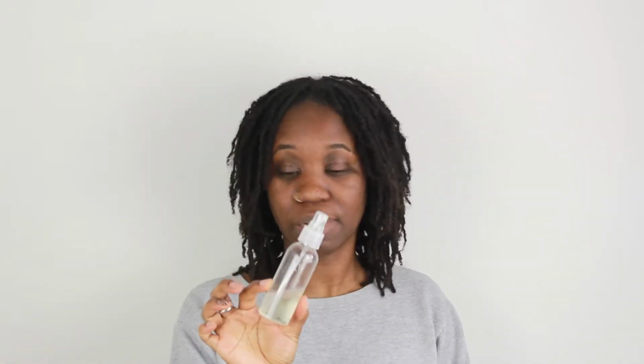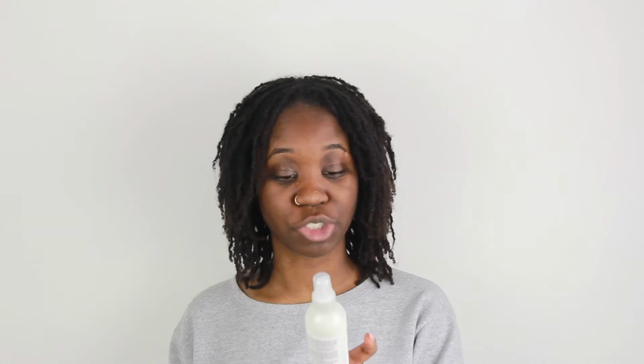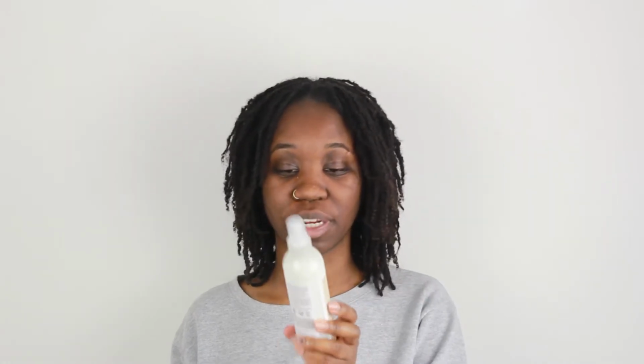I used to have rose water and aloe vera mixed into here, but I ran out of rose water. So now it's just aloe vera, and I don't mind. I also spritz this on my face a little bit because I feel like it's kind of like a toner, like why not, right? So I spritz this, and if I'm feeling a little fancy, I recently got Shea Moisture's Daily Hydrating Leave-In Treatment,